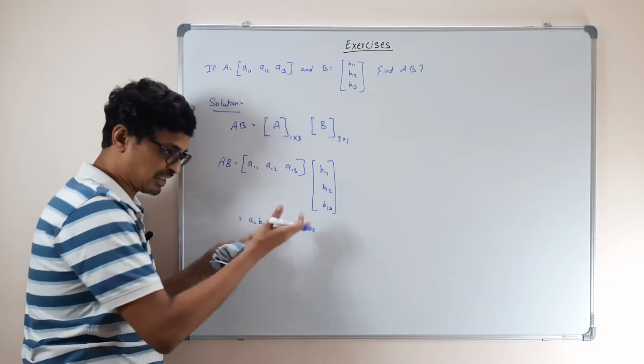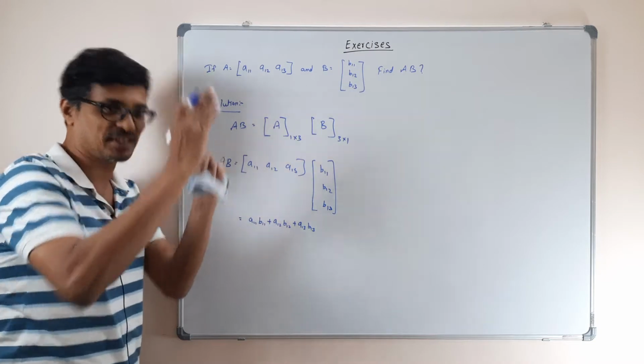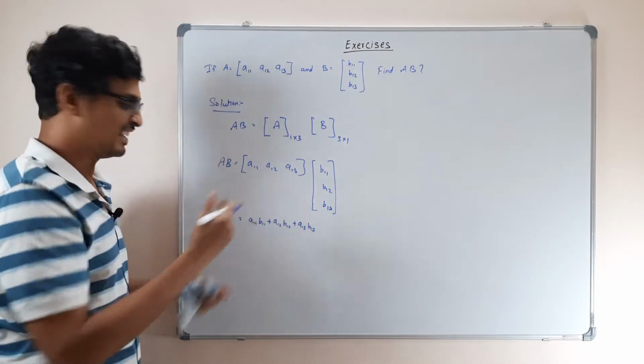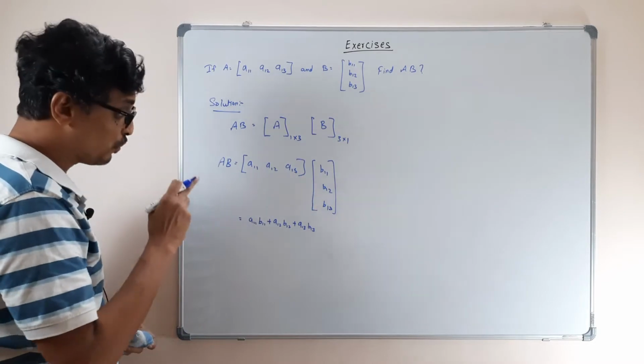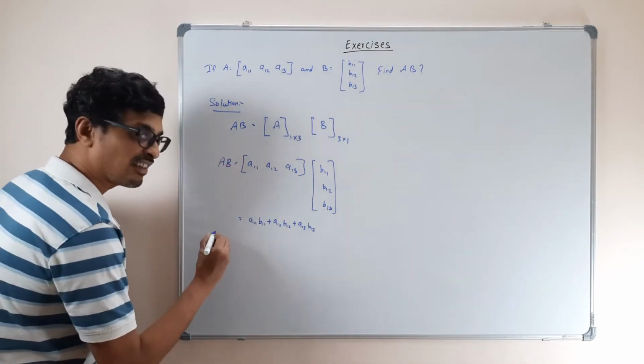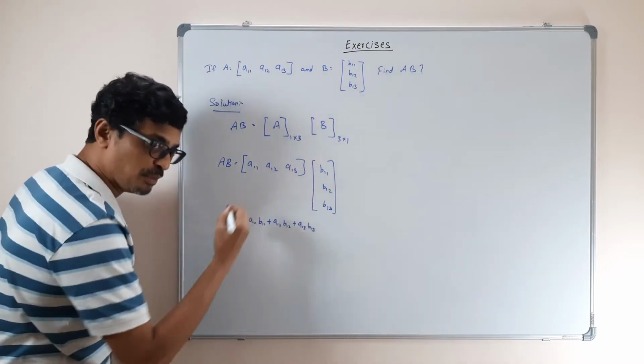It will be just a single number. Okay, it's not a matrix. It's just one number. Matrix will be only a collection of numbers. You remember the first class. When I have only one number, I don't need a matrix. You got it? Fine. And now, can you multiply B cross A, B into A? Try that.